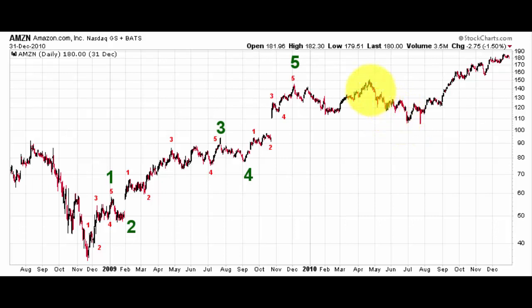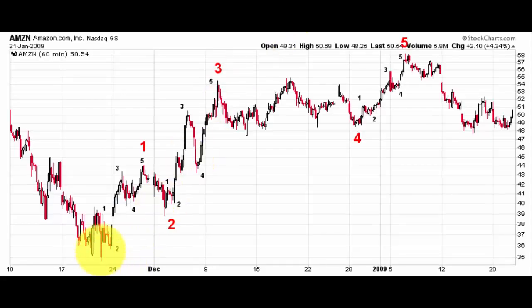Or you could be an even shorter term trader and you could look just to trade this 5-wave move. Let's zoom in on that. Here's that 5-wave move. Maybe you just want to trade until this 5-wave move completes and exit when you have an indication that it's over. That's another way to do it. Obviously, there's a little bit less potential there, just in terms of the size of the move. But also you're not going to sit through as large of pullbacks, so you can have a lower pain threshold